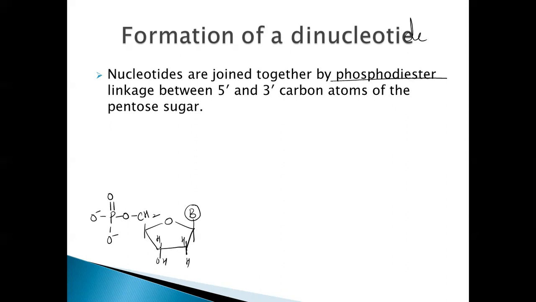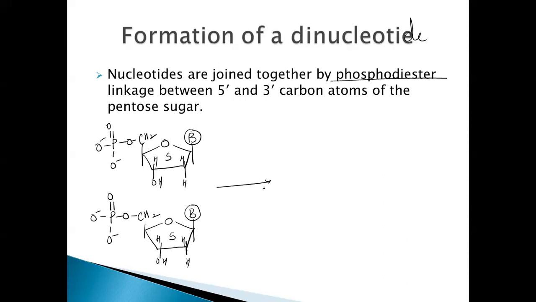This is one nucleotide. This is the sugar, this is the base, this is the phosphate group. And again, this is a second nucleotide. Again, the same thing I'll write. This is the sugar, this is the phosphate group, and the base is attached here at the 1' position of it. So the rest is H, H, H, OH. And again, at the 5' position of this, we have a phosphate group, which is linked to it. Right. So how are these two nucleotides joined by means of a phosphodiester linkage?